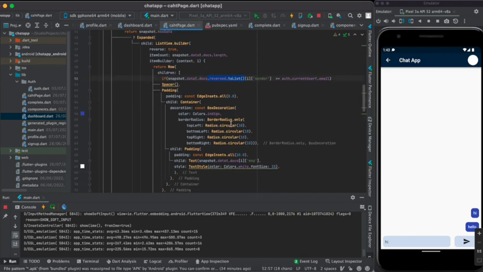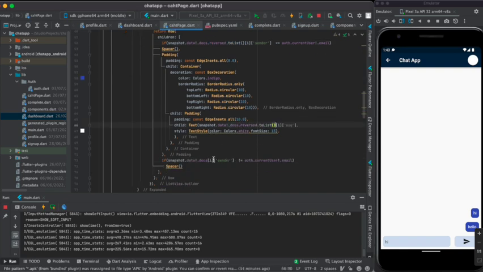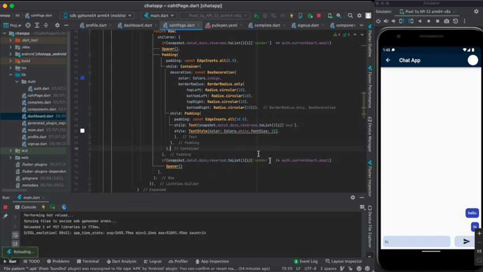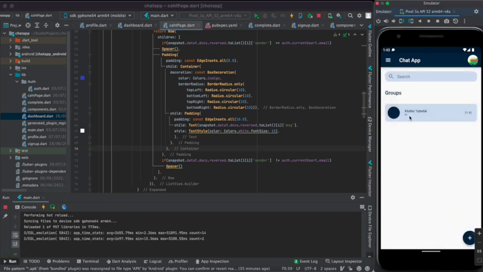Perfect, copy it, and here also just paste it, and also here. It will reverse your messages. Everything is good. Again here you can see hi, it did show you the last message,